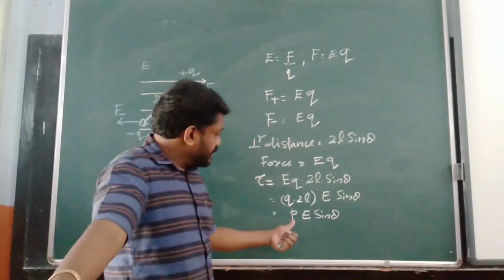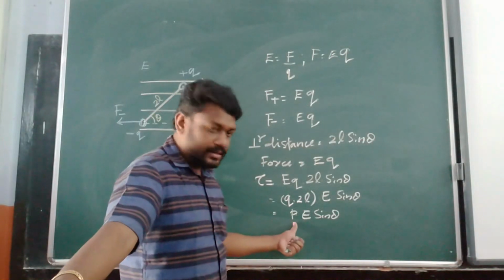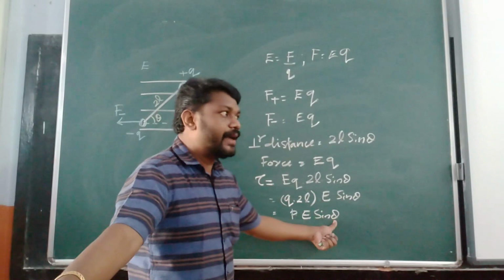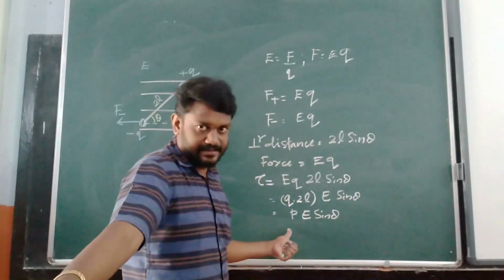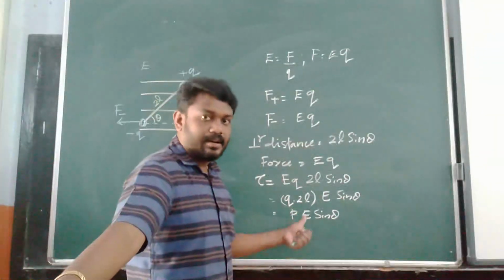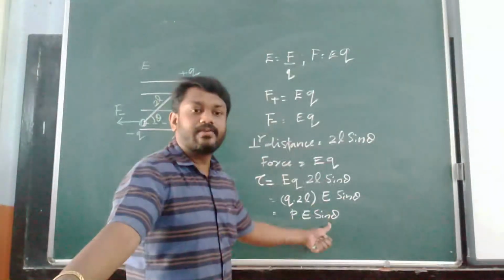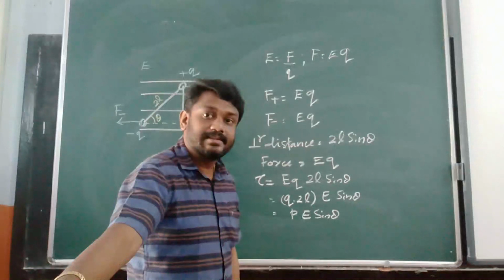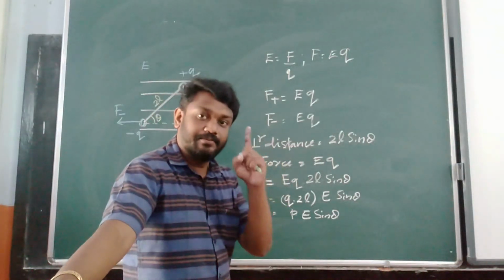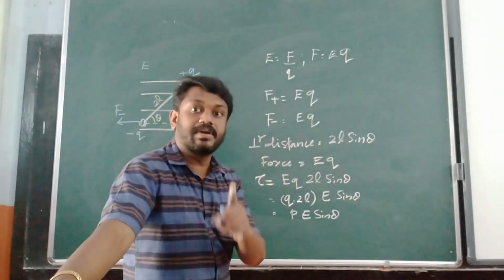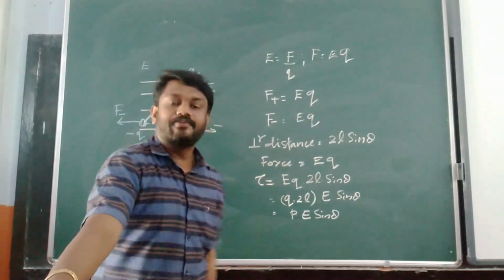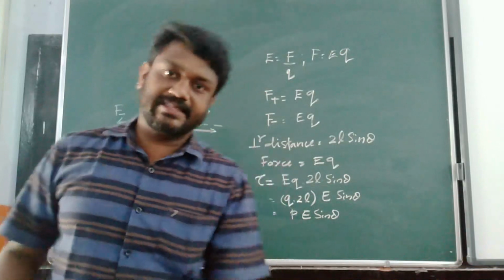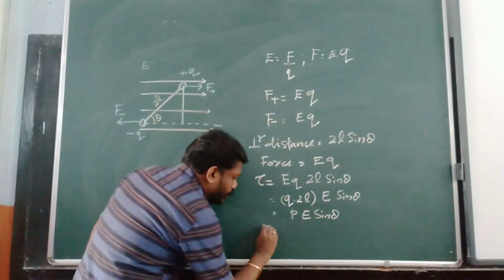So we can see that this is the magnitude of one vector, multiplied by the magnitude of another vector, multiplied by the sine of the angle between these two vectors. That is, magnitude of A into magnitude of B into sine of the angle between A and B. Yes, that is the vector product between two vectors. So here you can have torque.